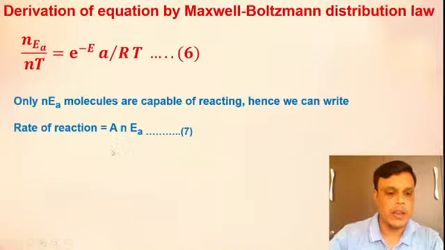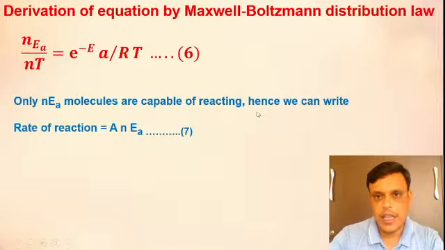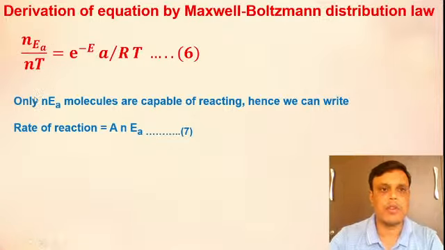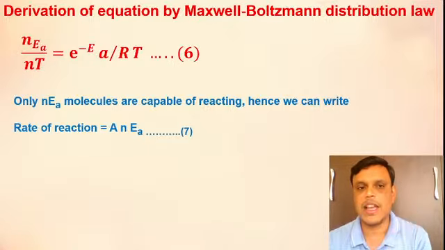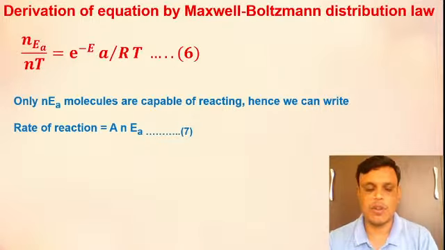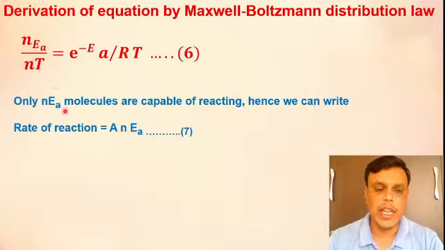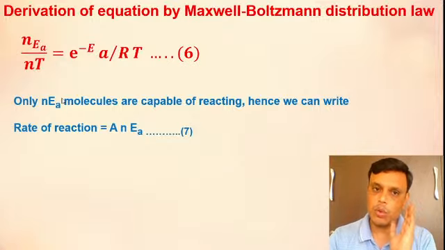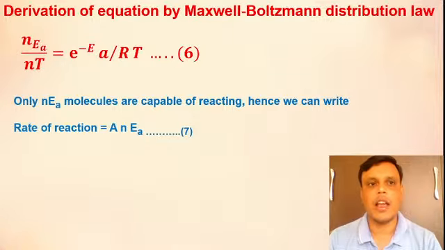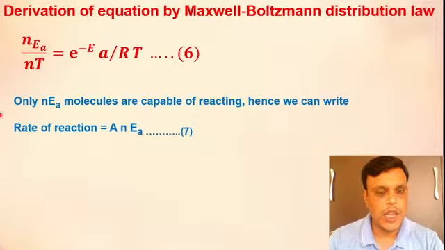Now in this equation, only NEA molecules are capable of reacting, hence we can write the rate of reaction. NEA means those number of molecules which can take the energy of activation. What is the meaning of this NEA? Those molecules which get the minimum amount of energy, that is the energy of activation EA, are the only ones capable of reacting. Hence according to this we can write the rate of reaction is equal to